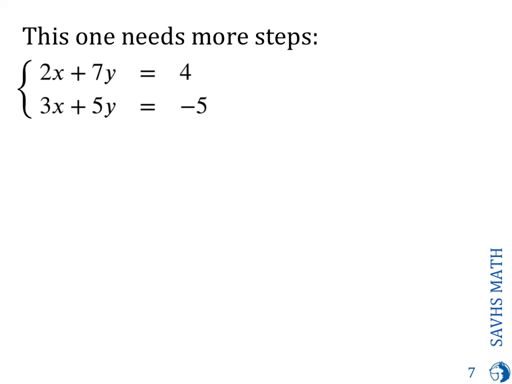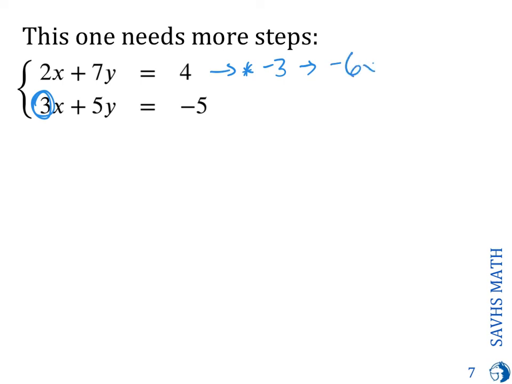This one I want to eliminate one of the variables here also, but this one just takes a lot more steps. So what I'm going to think about is, what is easy to get rid of here? And it's kind of like nothing. Nothing is that easy to get rid of. So I'm going to do a little bit of a clever thing here. I'm going to multiply this one on both sides by, let's say, negative 3. And I'm picking negative 3 because it's the opposite of this. So now that's going to give me